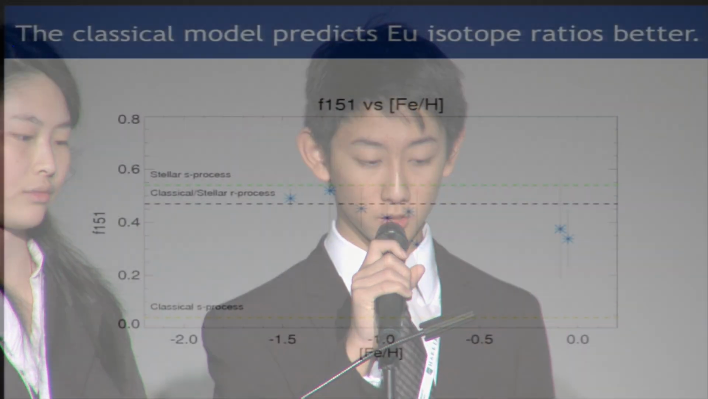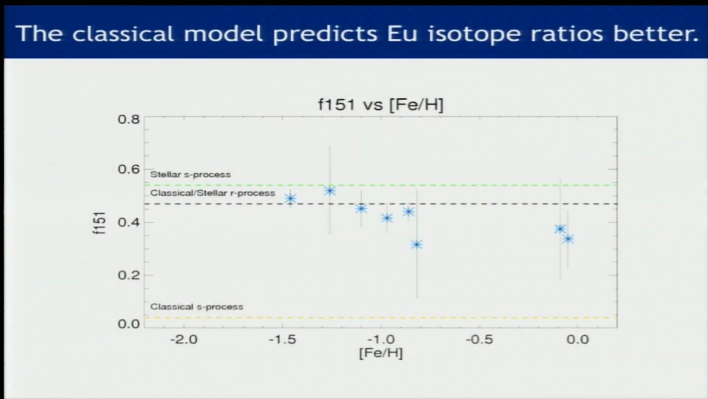So here we start looking at the R and S process and how they contribute with respect to the classical and stellar model. Europium has two stable isotopes, Europium-151 and Europium-153. F151 denotes the fraction of Europium-151 out of all the Europium in a star. As you can see here, the classical and stellar model seem to contradict